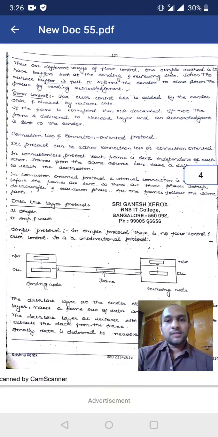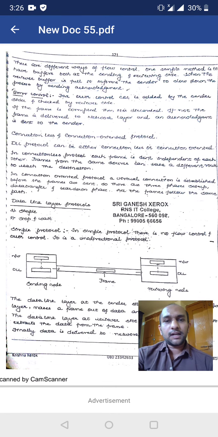error control. Error control is a mechanism of detecting and correcting errors. For this, normally we use CRC, that is cyclic redundancy check. In this mechanism we will add some extra redundant bits to our data to give security to our data during transmission. During transmission the hacker may hack the data and misuse it. Hence to avoid that, we will add the redundant bits to our data to avoid hacking. So this mechanism is done in error control.